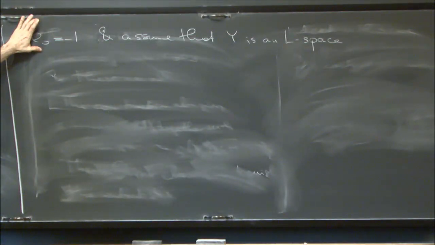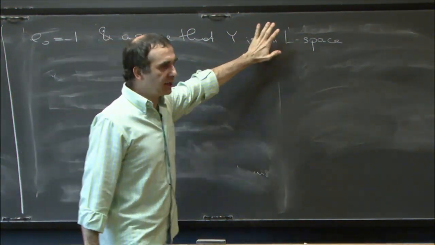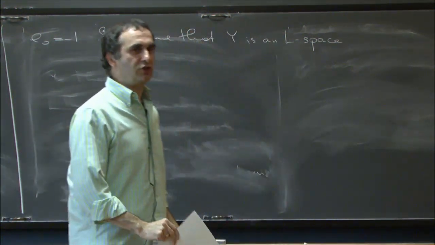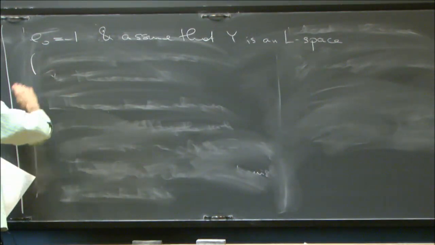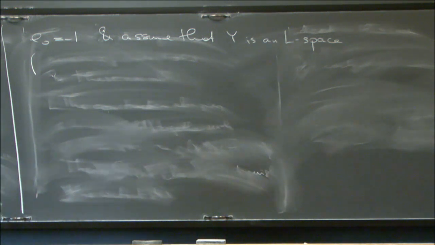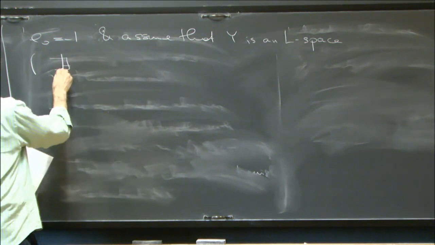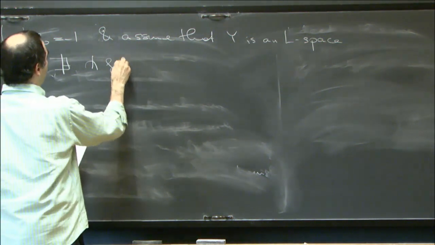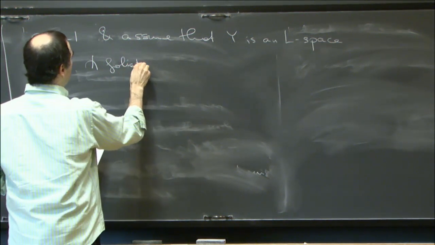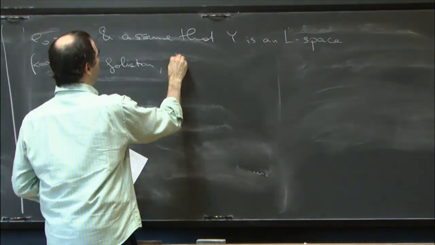So this is the class for which we'll have a classification, and for the non-L space case, some families which are non-L spaces, Bülent and John had some ideas how to actually do the classification. So instead of telling you what the definition of an L space is, because we talked so much about them, let me just remind you that this condition is the same as not having a transverse foliation or not having a taut foliation,